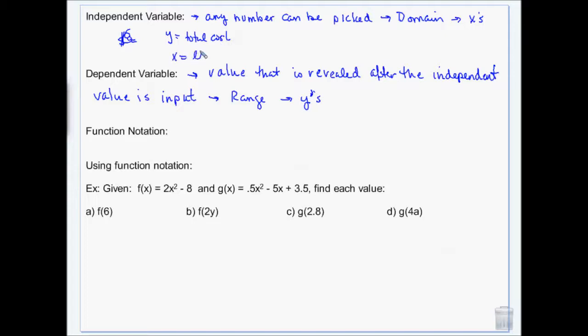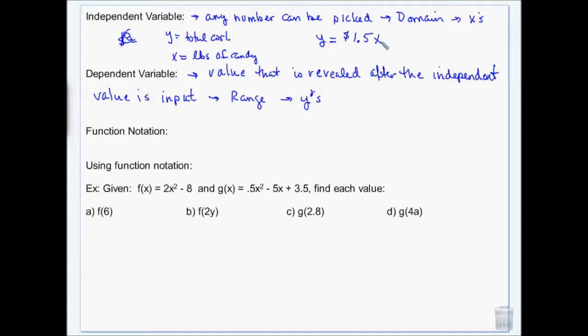X is the pounds of candy. Right? So I'd be like y equals, let's just say every pound of candy is $1.50. Okay. So how much money I spend at the store depends on how many pounds of candy I buy, right? So if I buy 1 pound of candy, I've spent $1.50. If I buy 10 pounds of candy, I have spent